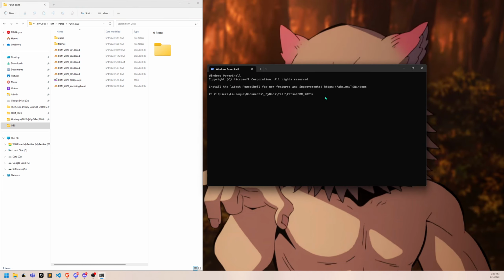Then in the terminal, you can type ffmpeg. Then you need the argument -stream_loop. Then you need to type in the amount of times you want to repeat the video. It's a little finicky because it's not the total amount of repetition, it's the repetitions in addition to the original file. So it's basically -1. So in my case, for example, I want the video to loop twice. So I need to add 1 repetition. So I will type just 1, and that's it.